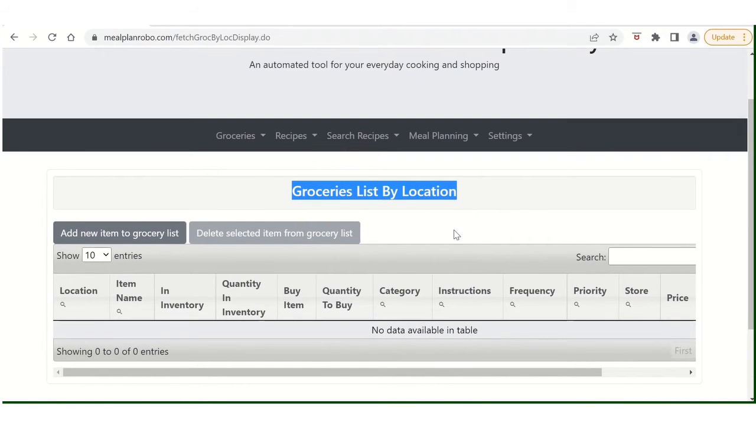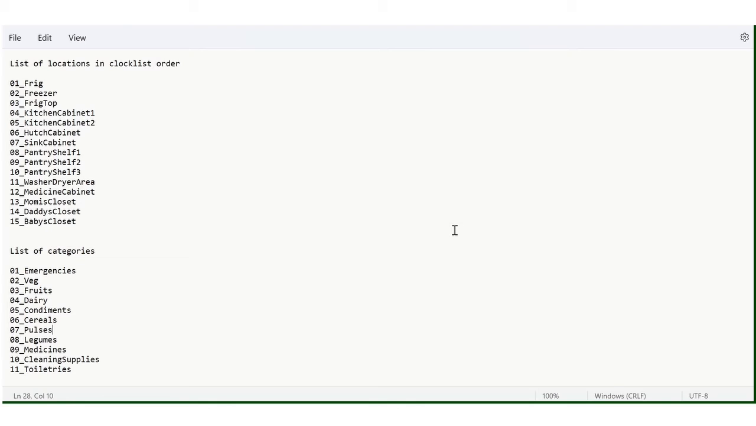In every household, we keep groceries in different places like fridge, freezer, pantry, kitchen built-in cabinets, or say, a hutch cabinet. Let's first make a list of places that we store all the groceries in. For that, let's start from the kitchen and go clockwise in the entire house and note down the locations. Let's say we have a fridge where we keep all the vegetables and fruits, a freezer where we keep meat,